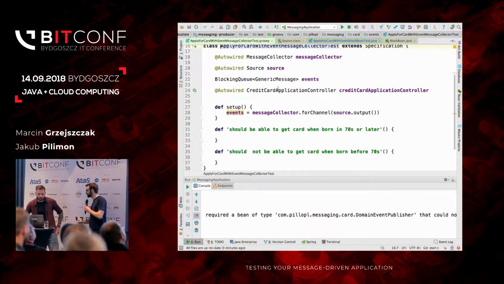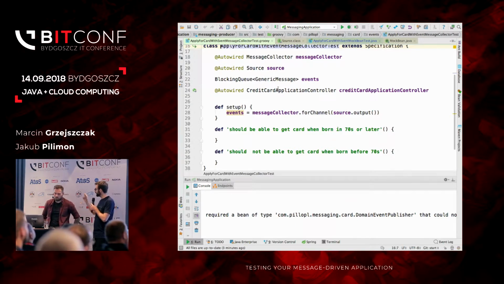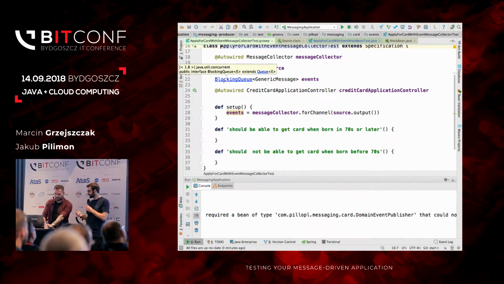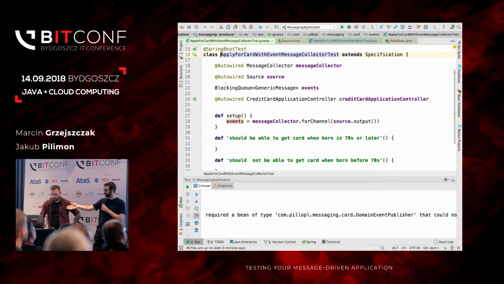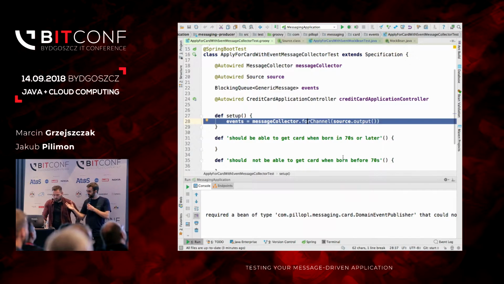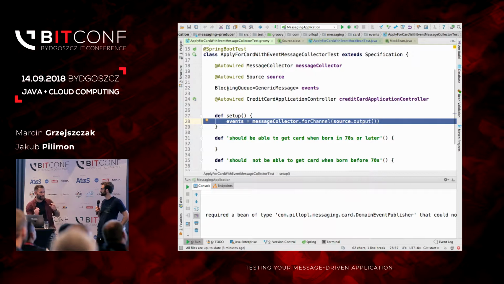But what you can do is treat your blocking queue from Java util as the destination to which you're sending messages. Exactly. So for tests, you can say that for the channel output, we want to drop all the messages to the events blocking queue. So this is going to be like a mock or stub for our Kafka queue or RabbitMQ exchange just for testing.